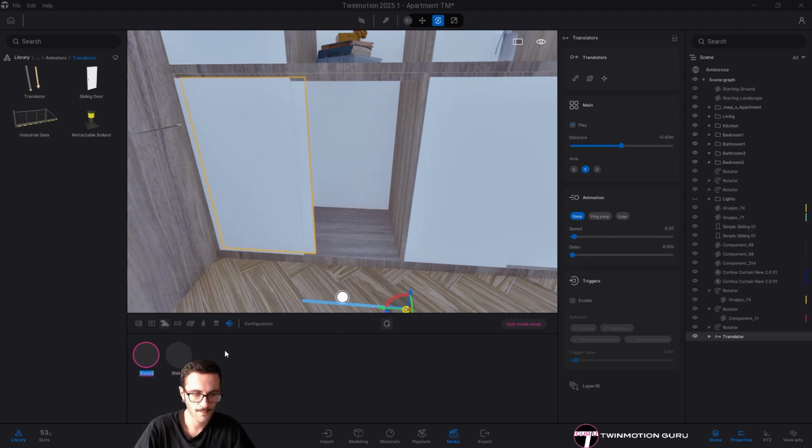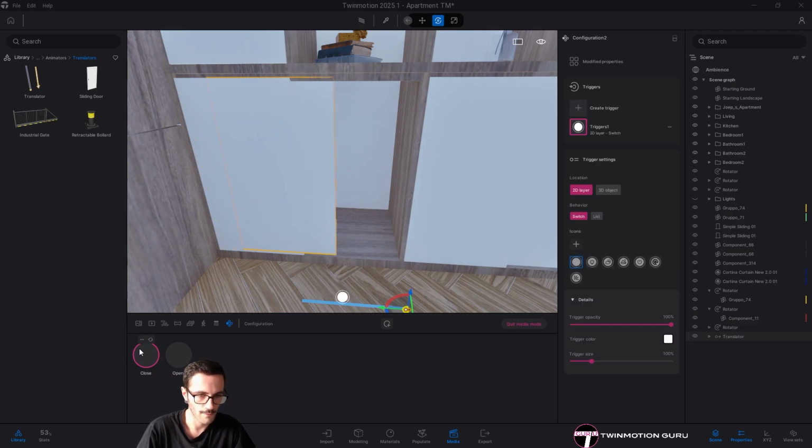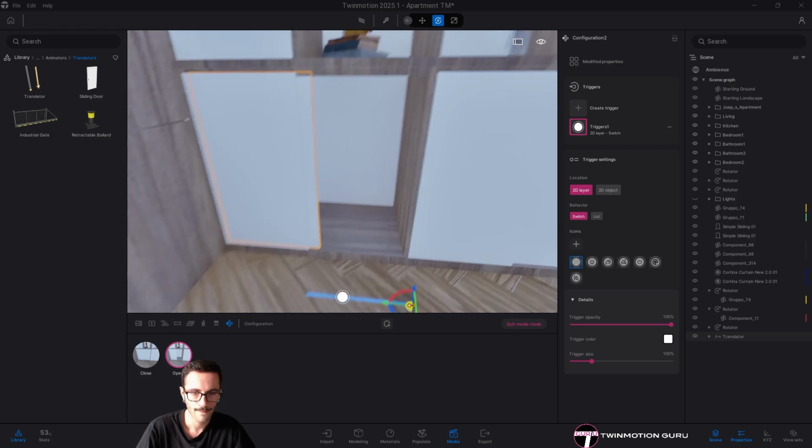So the first one will be close. This is just up to you if you want to rename the states. And this one, open. So the first one is closed, so I'm capturing the transform, and the second one is the open, and I'm capturing the transform. Okay?